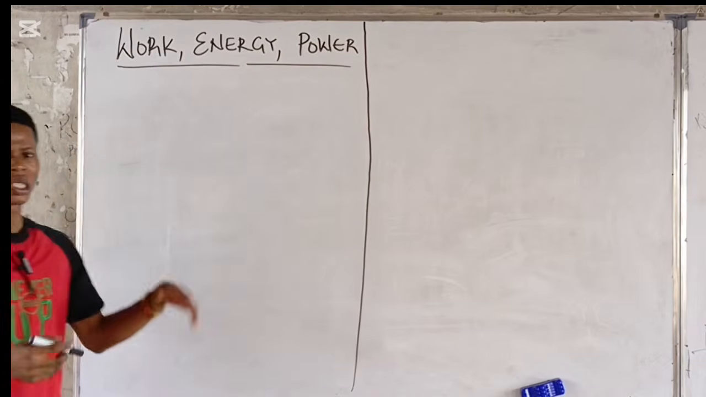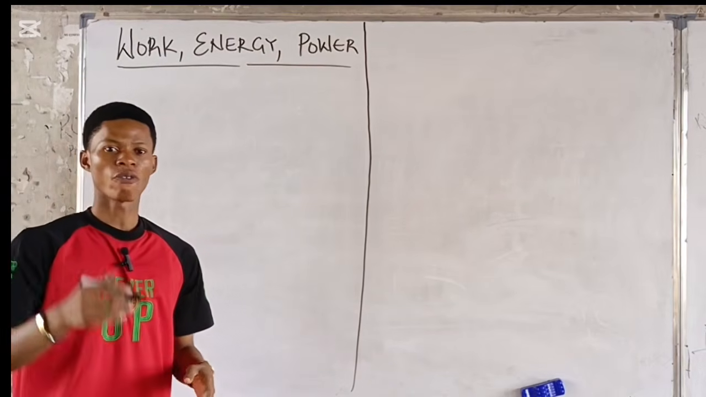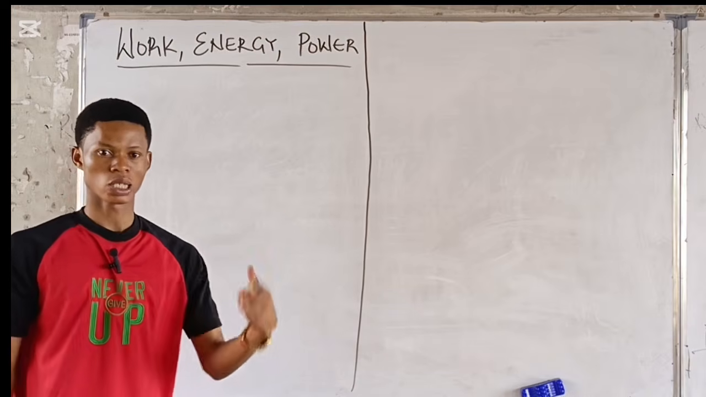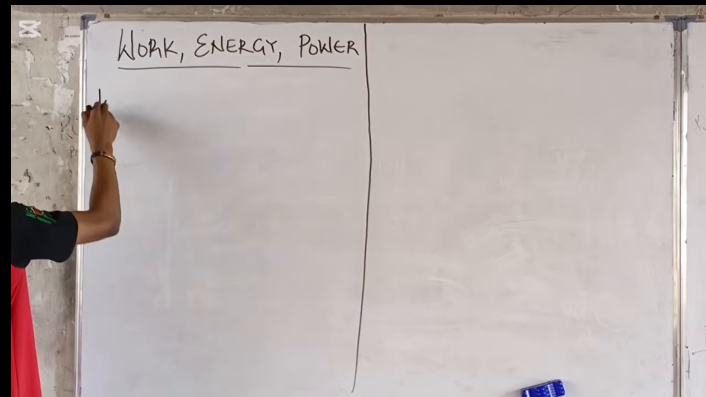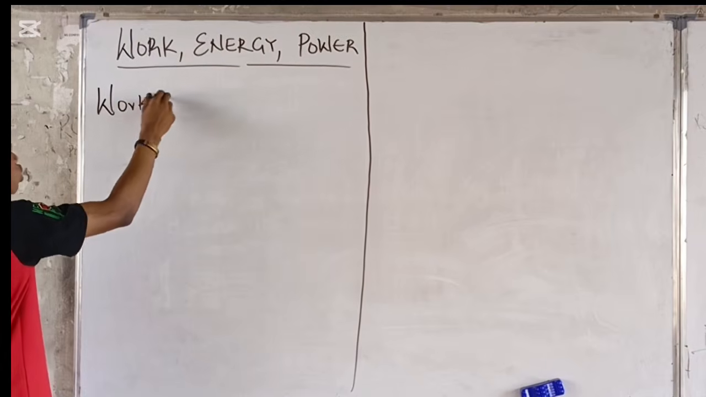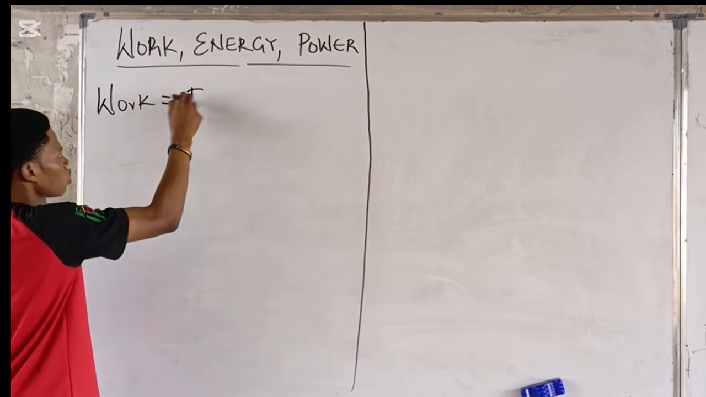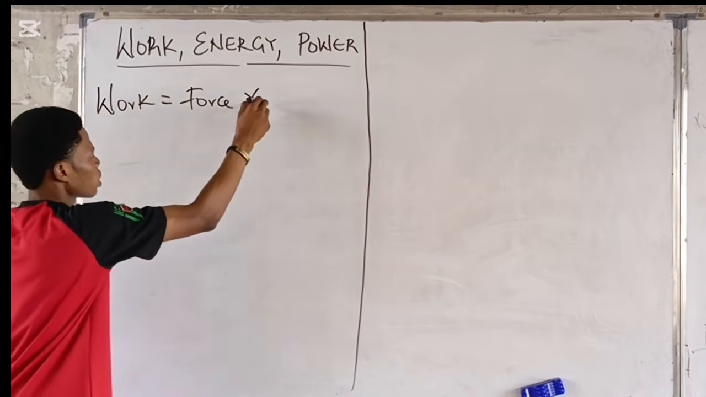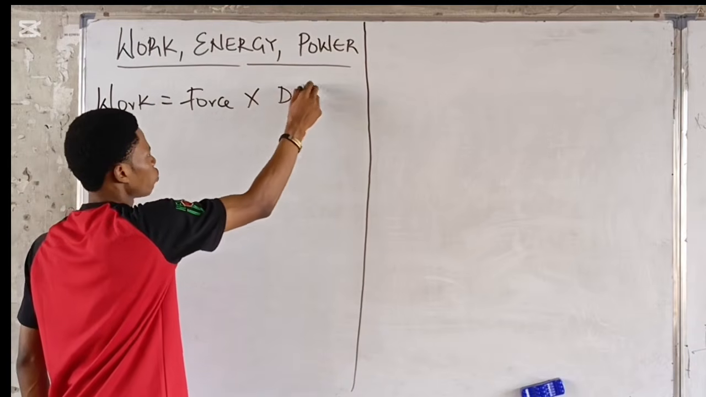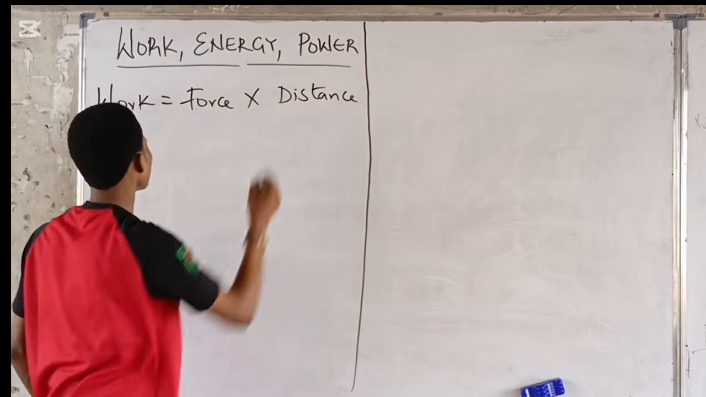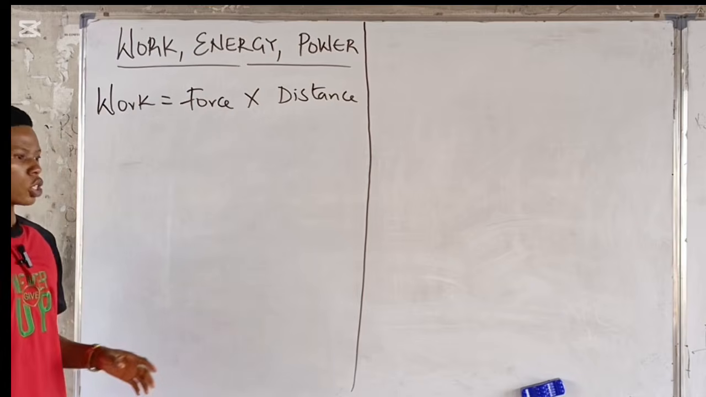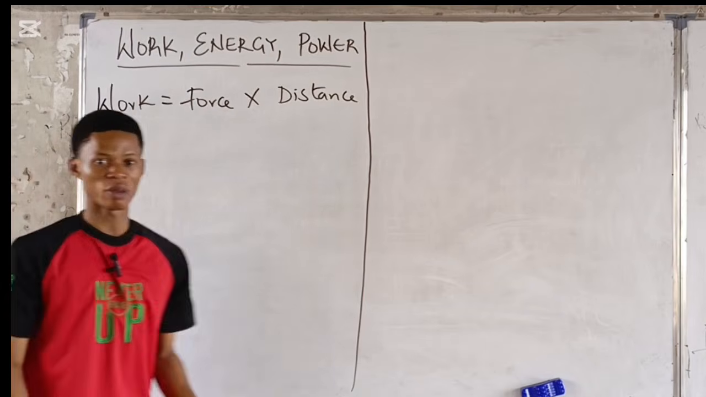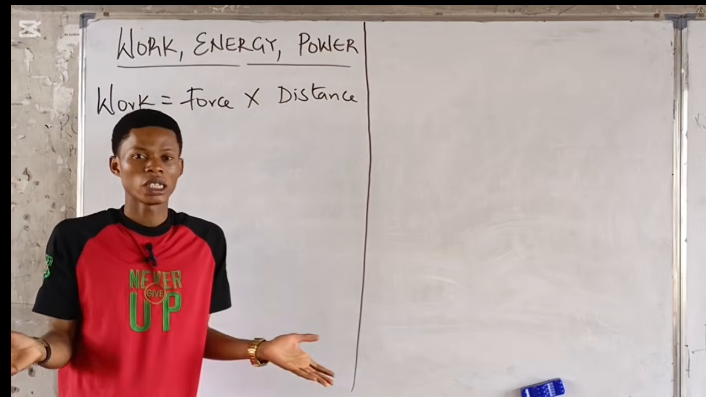Work, energy and power. So let's start from the first one, work. Now work is the product of force and distance moved. So when we're looking at work, we're just looking at force times the perpendicular distance moved. So we can say that work is equal to what? Force times distance. So if you apply force and there's no movement, there's no distance moved, then there's no work